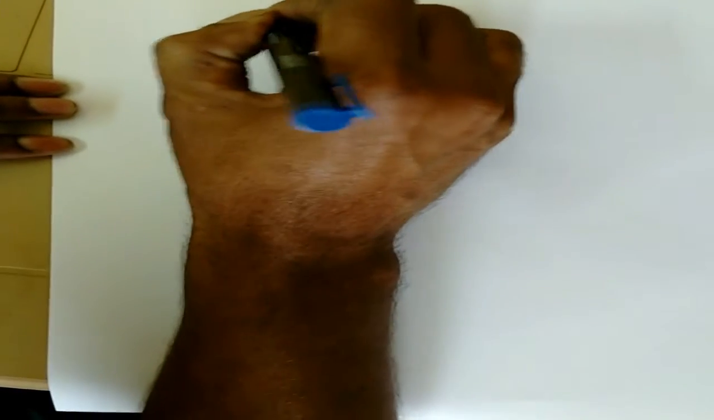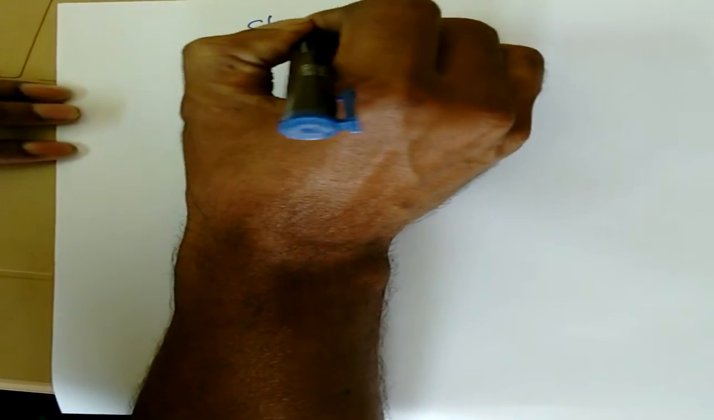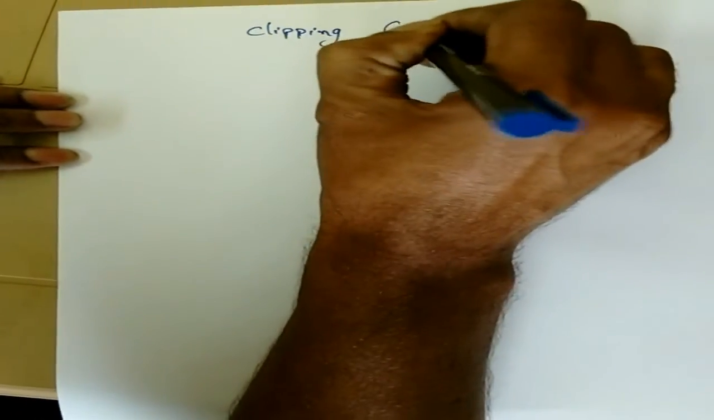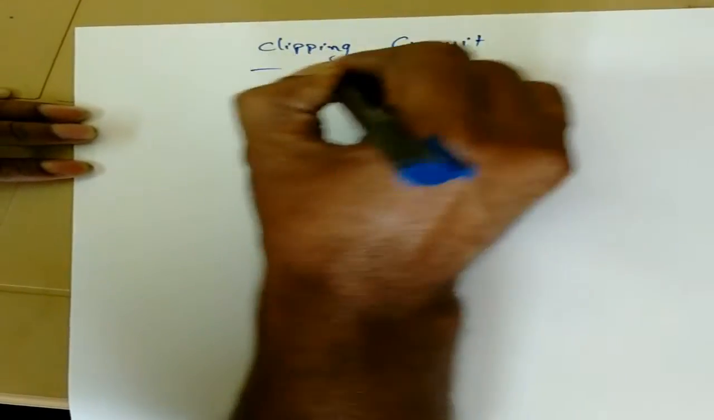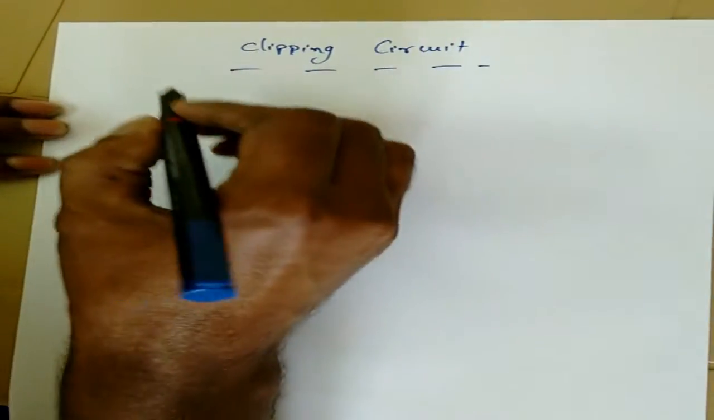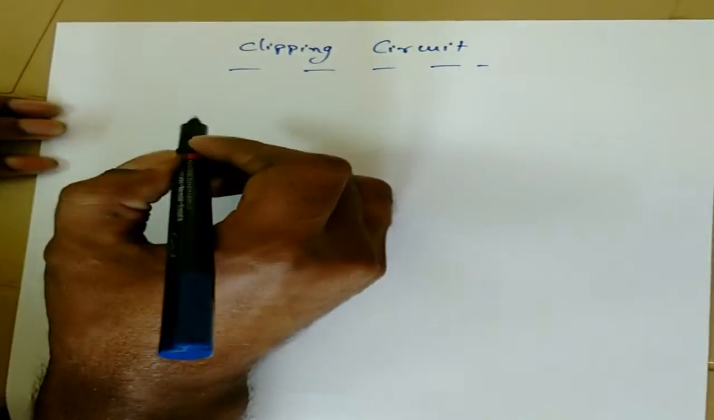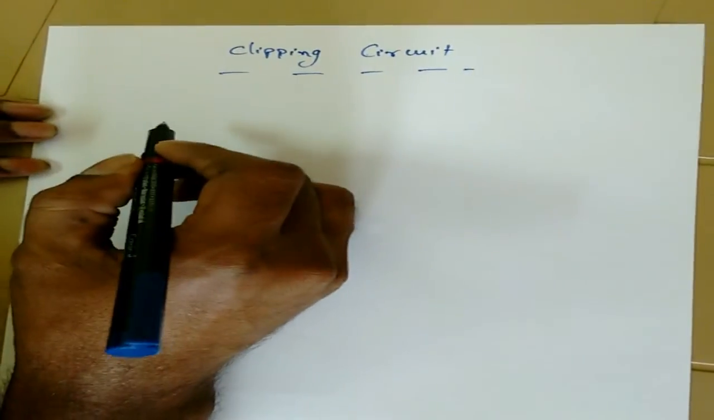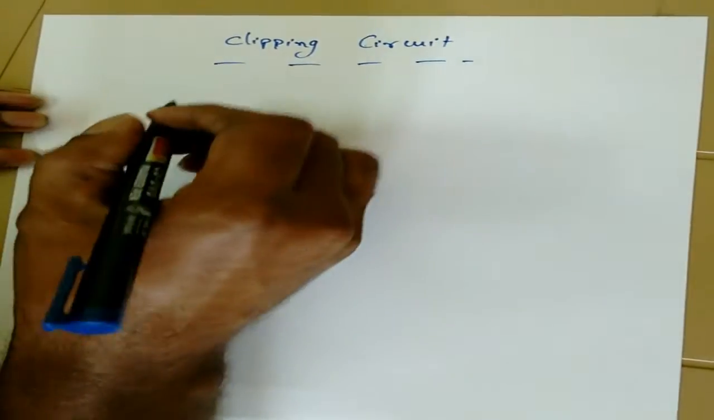I'm going to tell you about the clipping circuits. So a clipping circuit is an application of a diode. So first, before going on to explain the clipping circuit, I will tell you about the basics of a normal